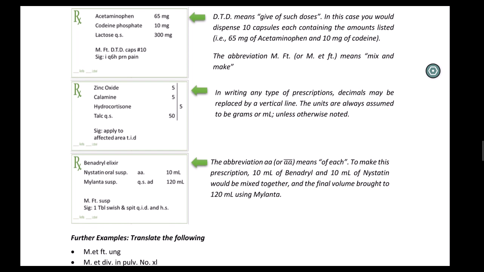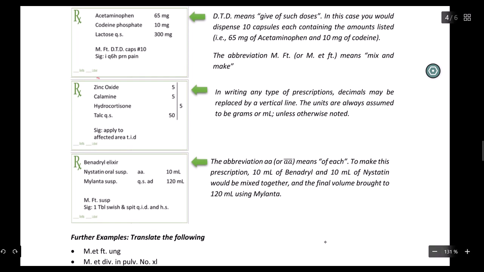There's another way in which you may see prescriptions written, sometimes even not compounded prescriptions, but just prescriptions written for commercial products. You'll see a strength of a drug written with a line like this coming down. This is just like a decimal point. So instead of writing decimal points for a few things, somebody will just put a line, and that's assumed to be the decimal point. And with that, there's two other assumptions. That line represents units, and the units are either going to be grams or mLs,